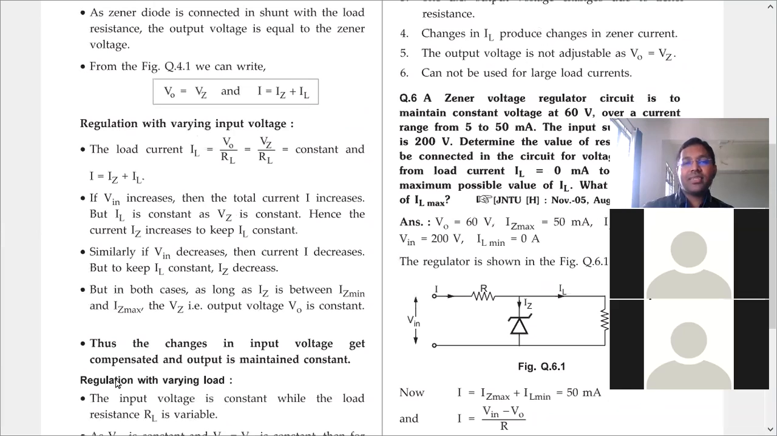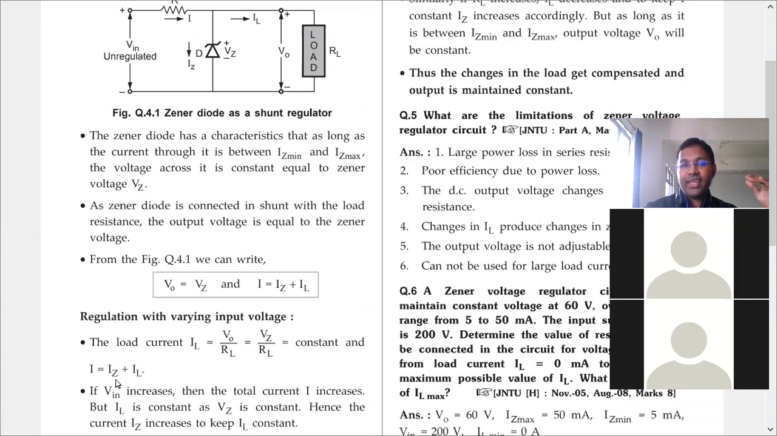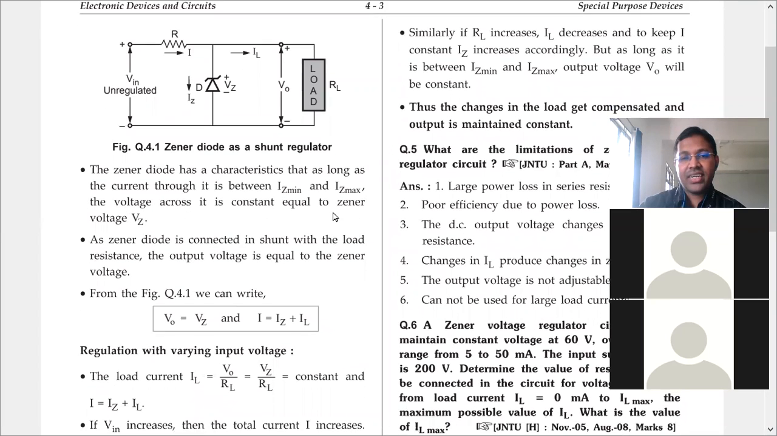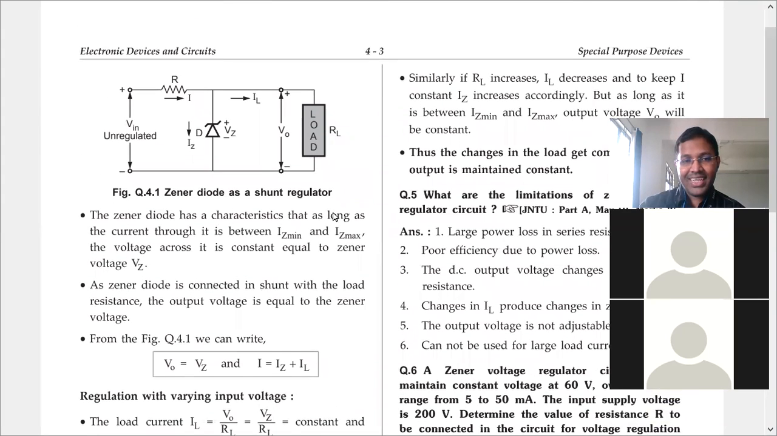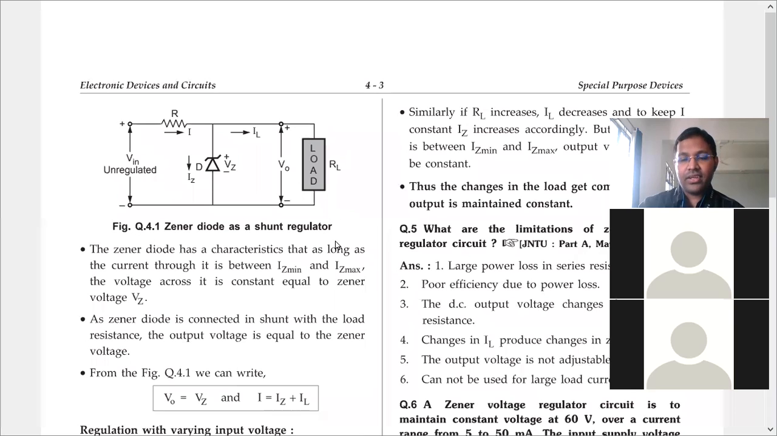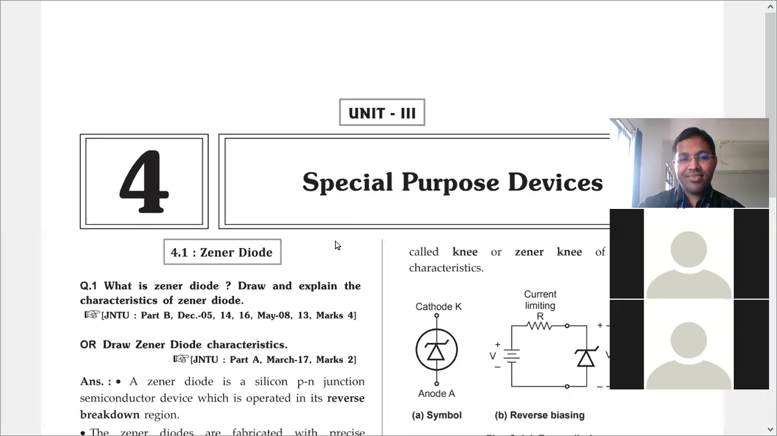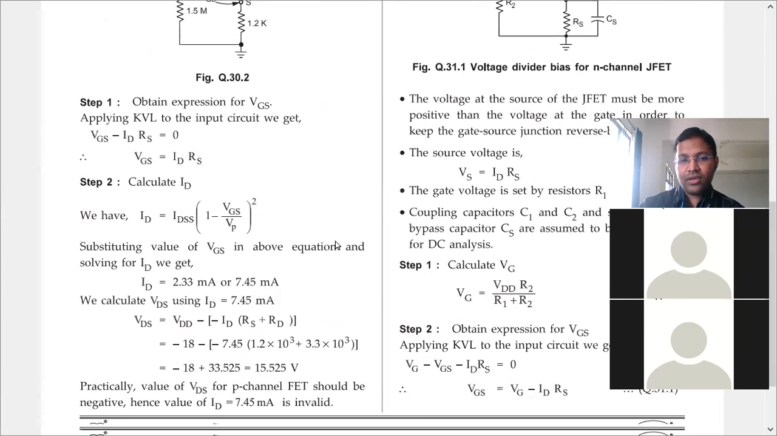And the remaining operation we discussed already. When Vn increases, I increases. When I increases, Iz increases and IL is constant, V0 is constant. This we have already seen. So this is the functionality of the Zener diode regulator. So now what we will do is we will see point by point